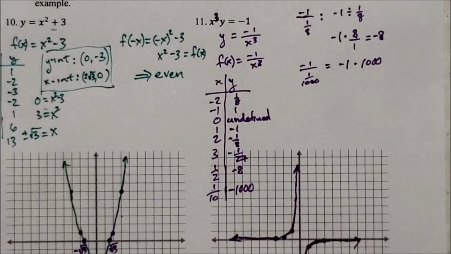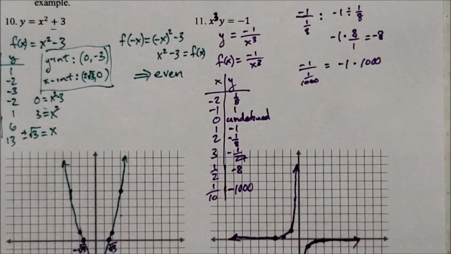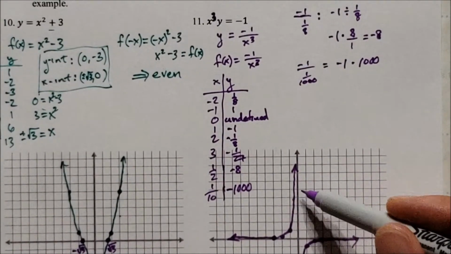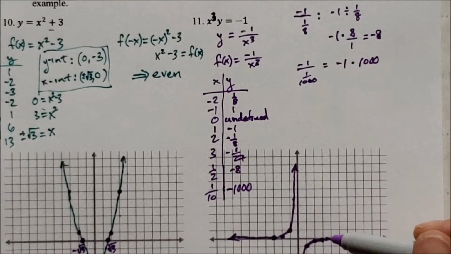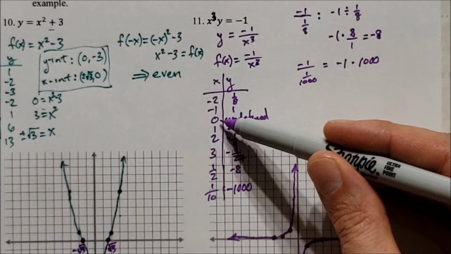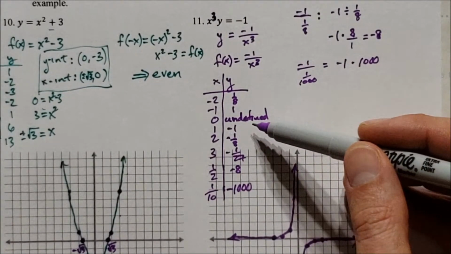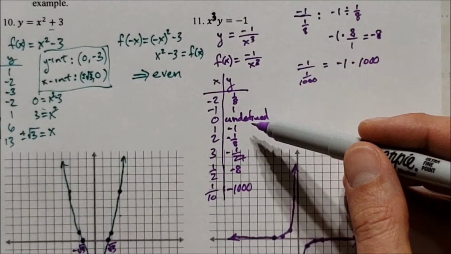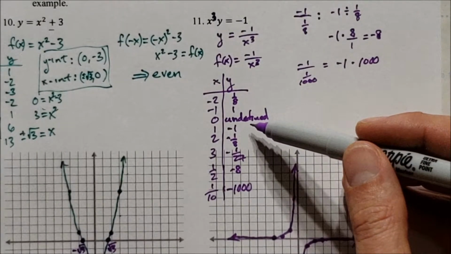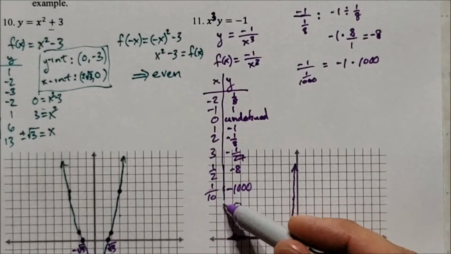What else do we need to do? We've got the sample points, we've created a sketch, we haven't tested for symmetry, and we have not found the x and y intercepts. Well, what are the x and y intercepts? Well, there aren't any. If we plug in 0 for x, it's undefined for y, so we don't have a y intercept. If we plug in 0 for y,